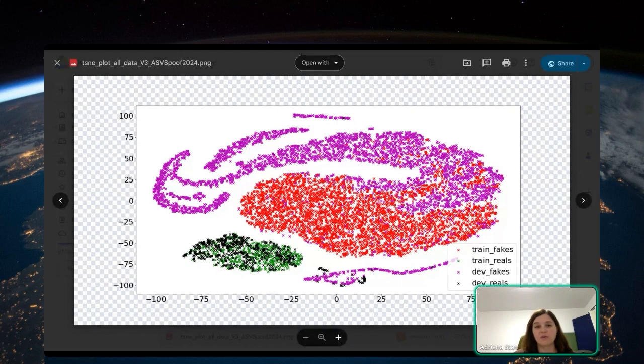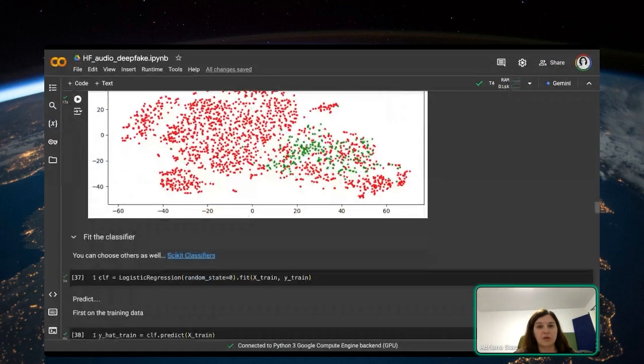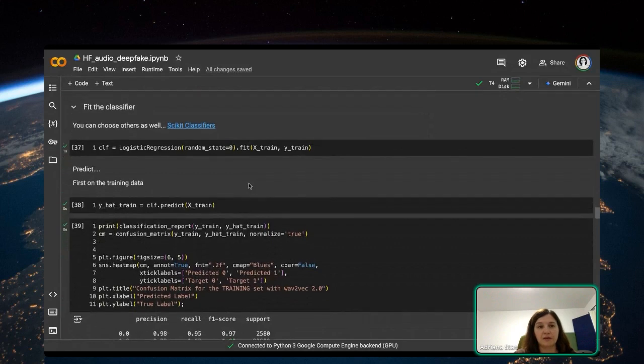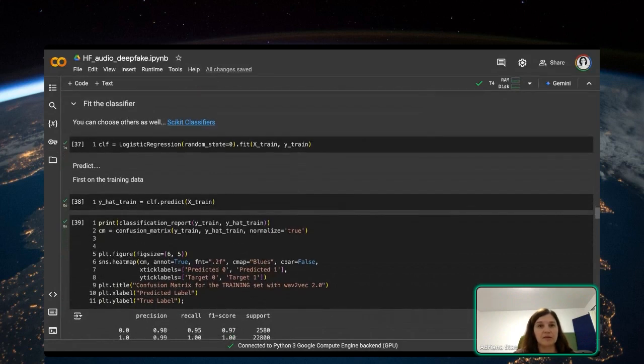So ideally, whatever we do or however we extract those embeddings, we would like to have this clear separation between the two classes, at least for the fake detector. Okay. So what we want to do next is to fit a classifier on top of these embeddings. Yeah, so we see that they're not necessarily very